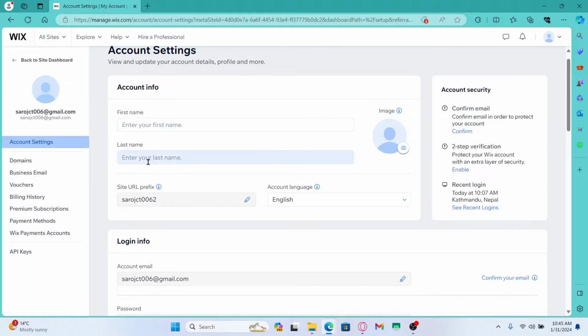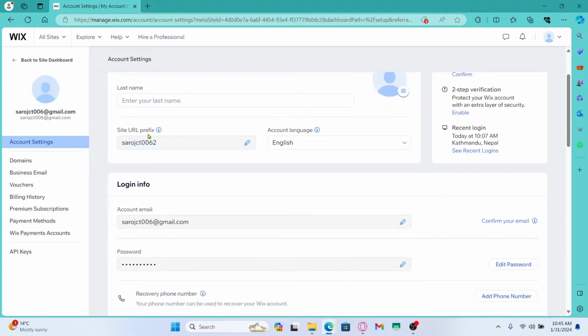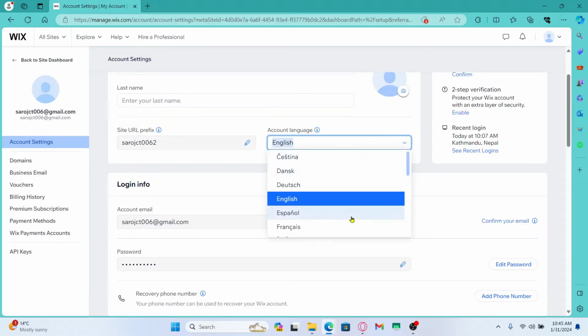Enter your first and your last name if you wish to change it, and you can also change your profile picture by clicking on the camera icon and uploading a picture. You can also change your site URL prefix if you wish to do so by clicking on the edit button. You can also change your language by clicking on the language drop down menu and choose from various languages available